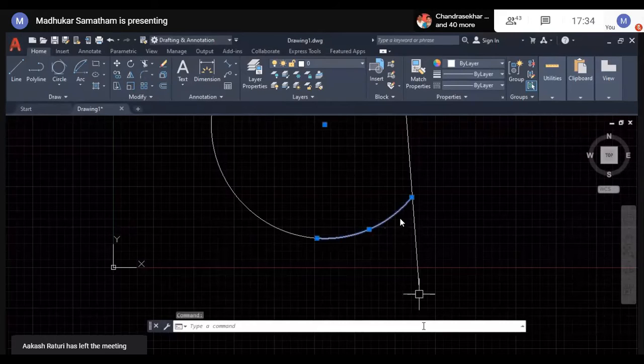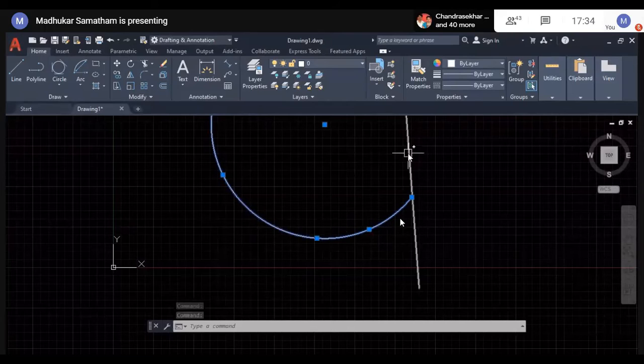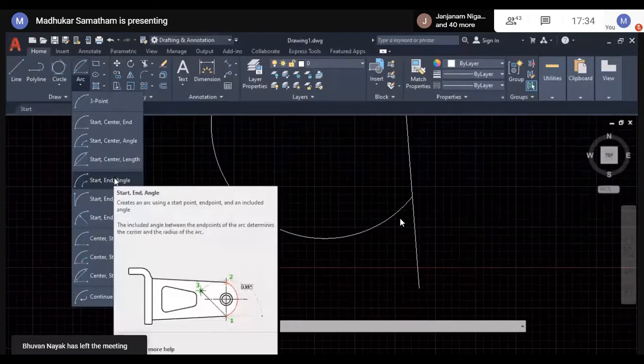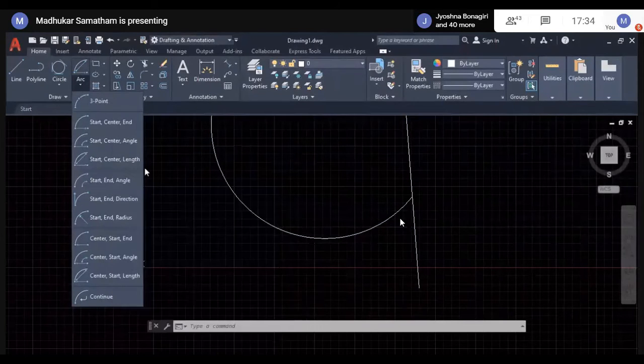See, this one is another entity, first entity, second entity. Three different types of entities are there. In the modify toolbar, we will discuss how to make those three different entities into one entity. Same as this. Here, a little bit of difference. Starting point, ending point, and other three parameters like angle, direction, radius.